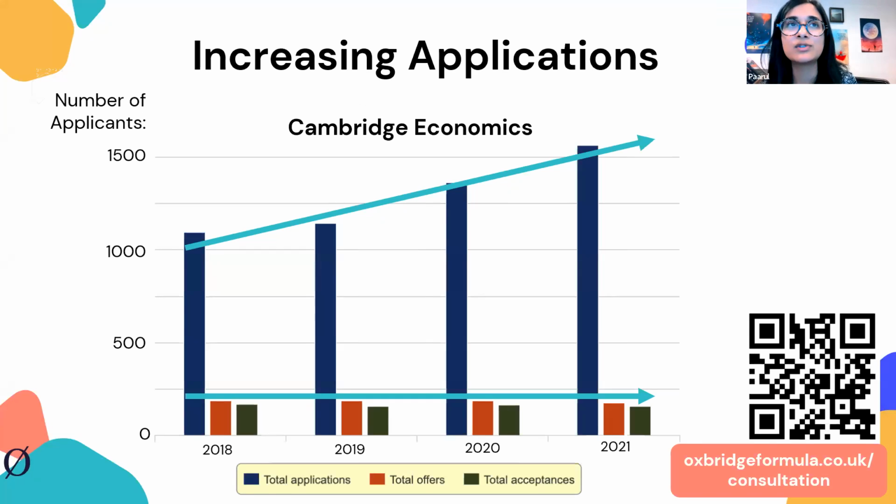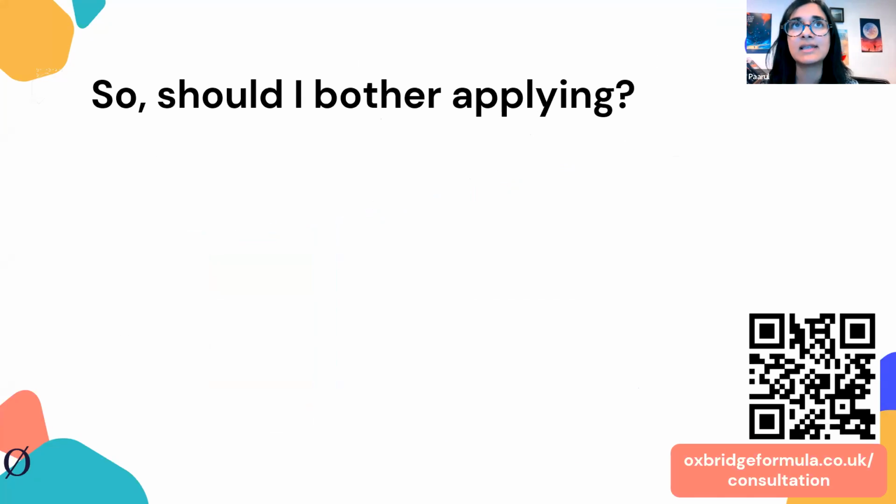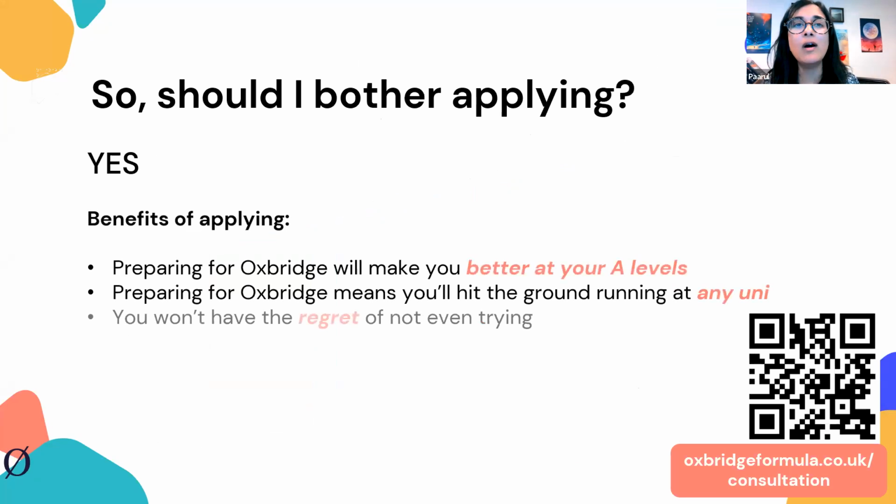And I think I'll just also add, I don't have a fancy graph to show you, but for Oxford Economics, that number is an increase of 30%. So there is an increase all round, I think in just terms of Oxbridge applications, but specifically for economics, there is an increase. So you might think to yourself, well, gosh, given that it's so competitive, should I actually bother applying? And our answer is yes. What are some of the benefits of applying to an Oxbridge course? I think Rohan's already hit on a few of those, but